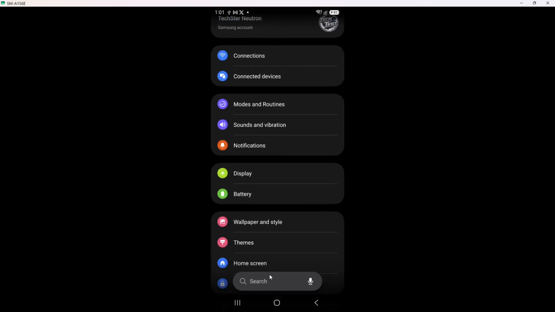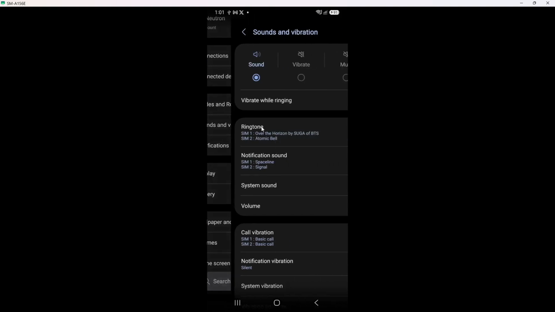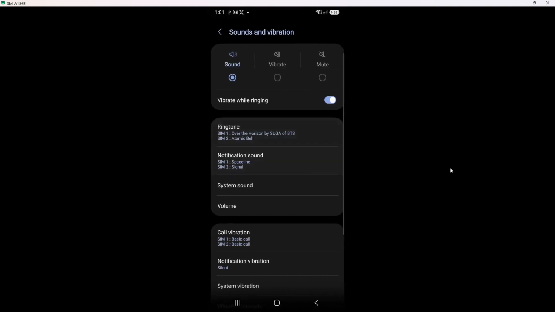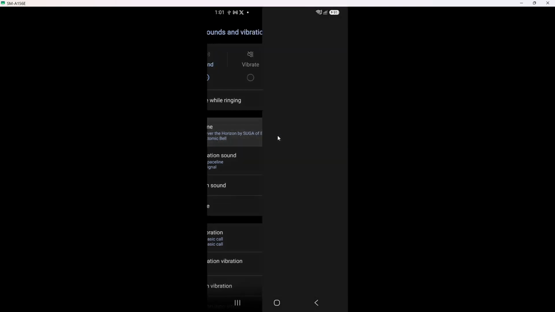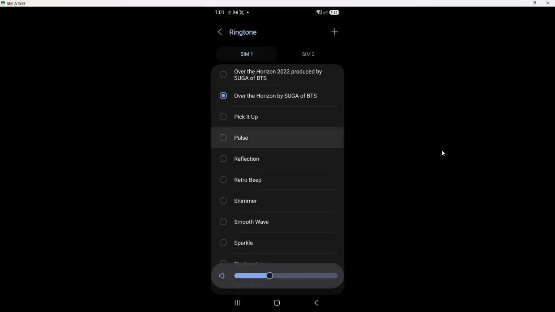This section controls how loud your phone is, which ringtone plays, and other sound effects. If you accidentally tap something else, just use the back button and try again until you see Sounds and Vibration on the list. Next up, on the Sounds and Vibration screen, tap Ringtone. This opens the page where you see all the default tones that came with your Samsung phone. As soon as this screen opens, your current ringtone is usually highlighted so you know what is set right now.